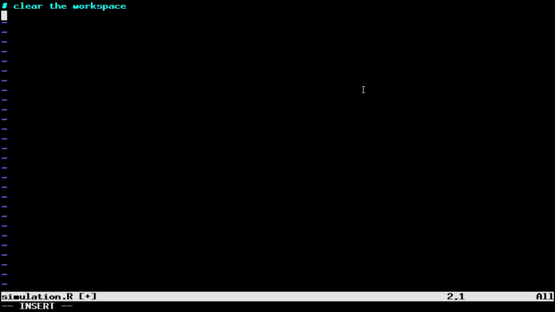The command to clear our workspace is rm, remove, list all the variables in the workspace and clear them. In our simulation, for our dozens bet, our probability of losing was going to be 26 over 38,